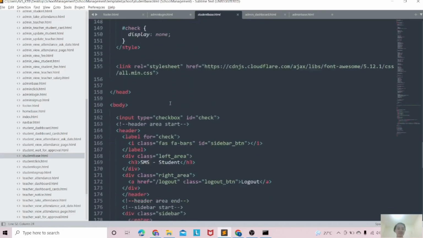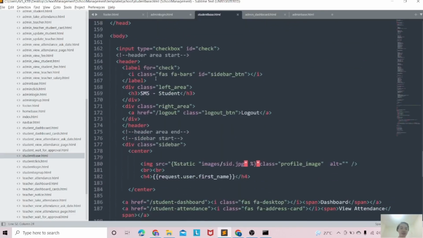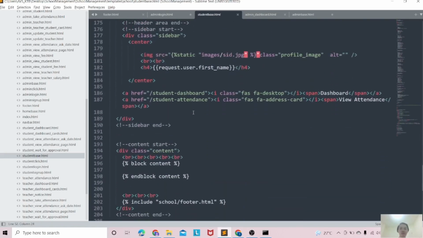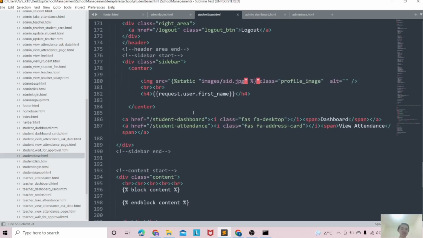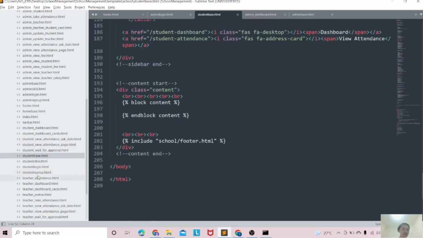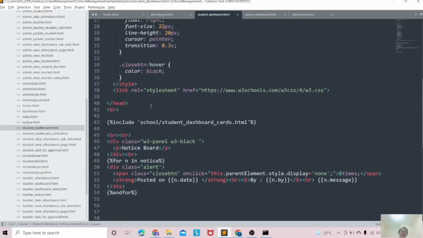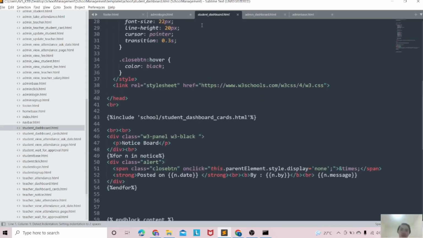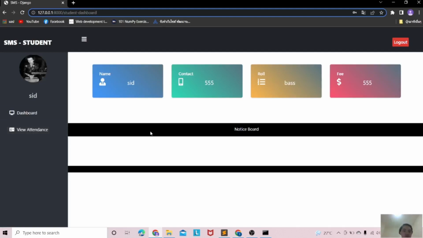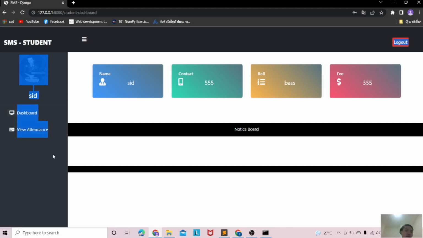Okay. So first, the left area is the same as I explained to you previously on the admin page, the sidebar. Okay. So we focus on the dashboard, it means this page. Okay, we have the default layout on the left area and